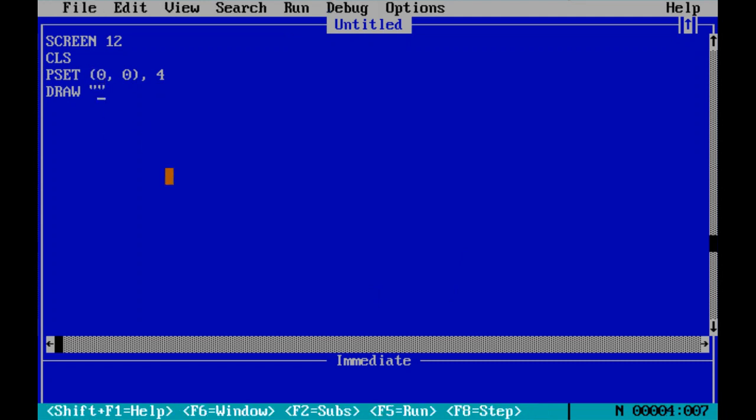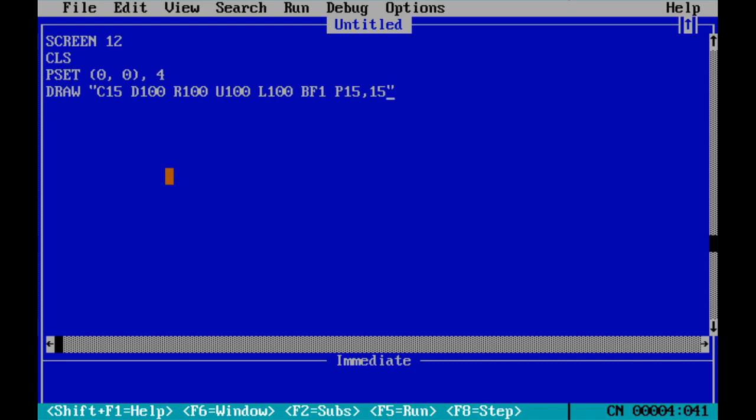Okay, now type the command C15, D for down, R 100, U 100, L 100, then P 15, comma 15.